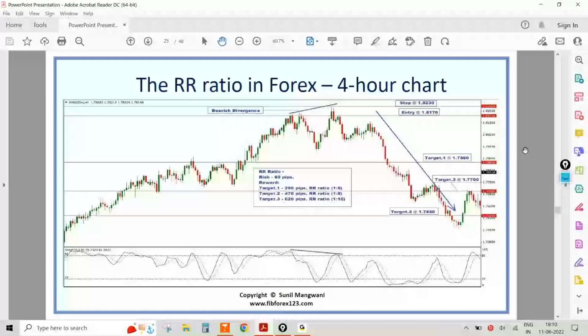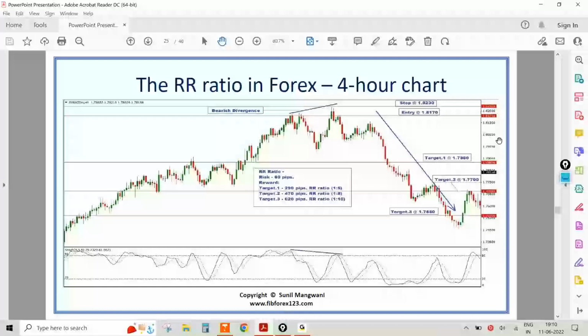So this was a bearish divergence. As you can see on the chart, price made a higher high, your indicator made a lower high. But what we do with the divergence is we don't go back to the indicator after that. I will use an indicator to determine a divergence, but then I will confirm with Fibonacci's, I will confirm with price, and my entry is based on advanced Fibonacci levels,